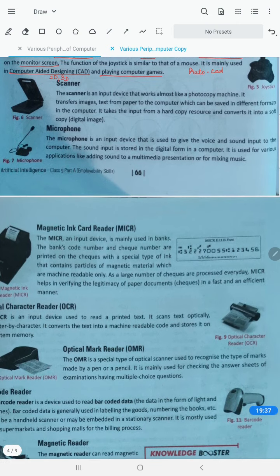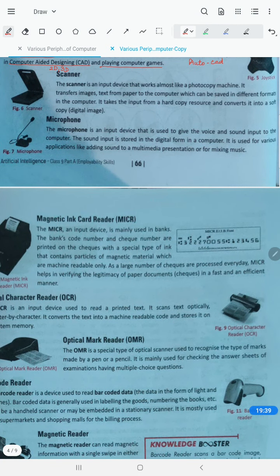Next we have the scanner. Scanner is also an input device. Now the scanner actually converts your hard copy into soft copy. Hard copy to soft copy. So a scanner is also an input device